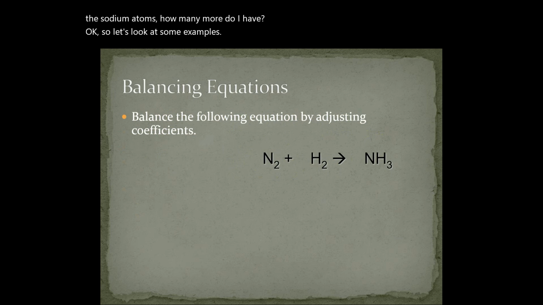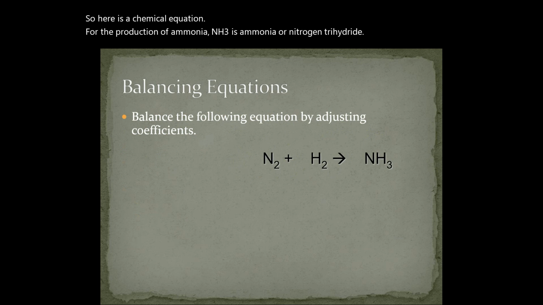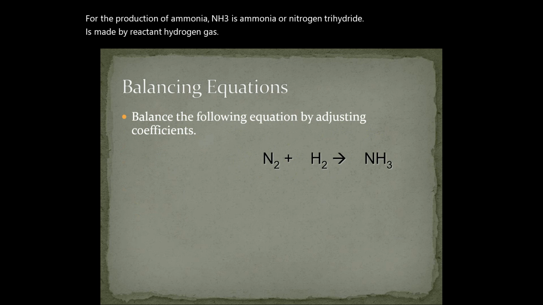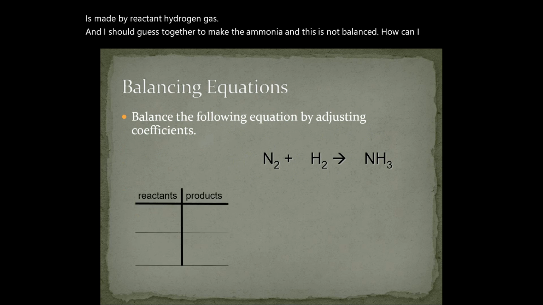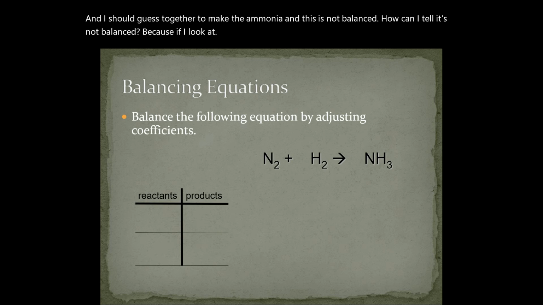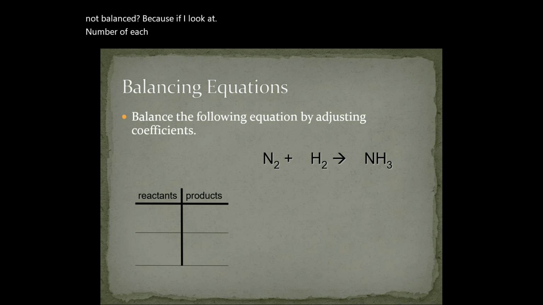So here is a chemical equation for the production of ammonia. NH3 is ammonia, or nitrogen trihydride. It's made by reacting hydrogen gas and nitrogen gas together to make the ammonia. And this is not balanced. How can I tell it's not balanced? Because if I look at the number of each atom on the reactant side and the product side,